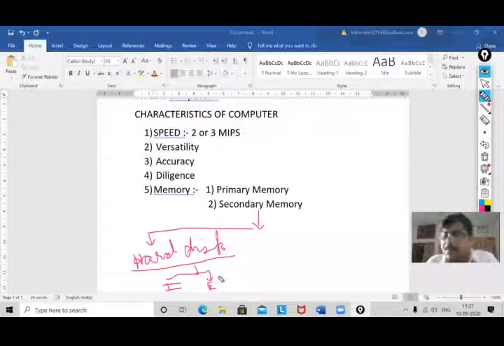Understood? USB portable hard disk, you might have heard, my dear. You are having a USB port, you can connect and you can transfer your data and save it in your external hard disk. And this external hard disk, you can carry anywhere. And whichever PC you want to keep this data on, you can keep it. There will be no problem. Now, this is my first one.